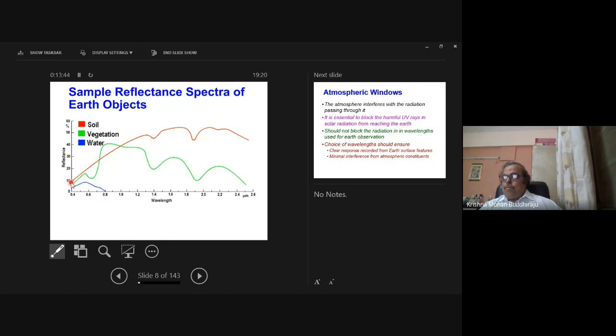And if you see, the green vegetation has a very uneven pattern, slightly very low reflectance or high amount of absorption at the green wavelength, slightly more. And then when it comes to red, there is more absorption. And immediately after red, when you come to near infrared, you have a very high amount of